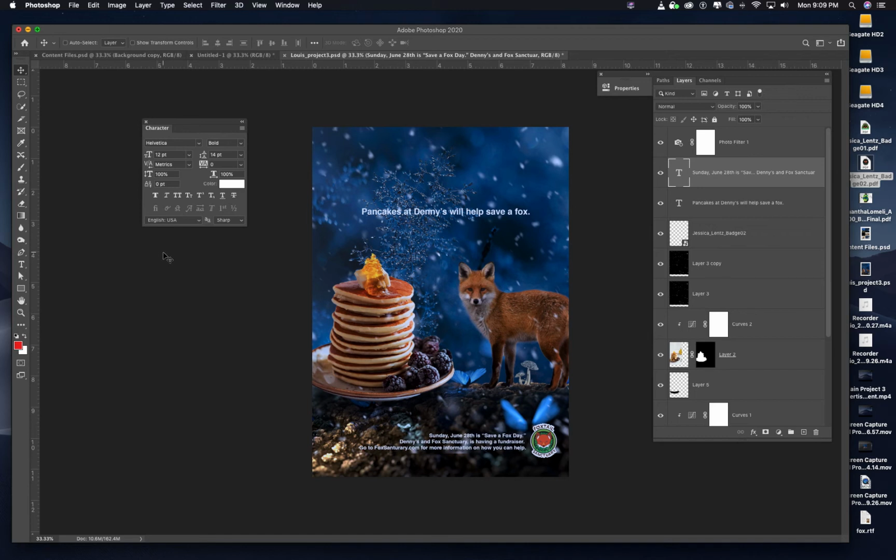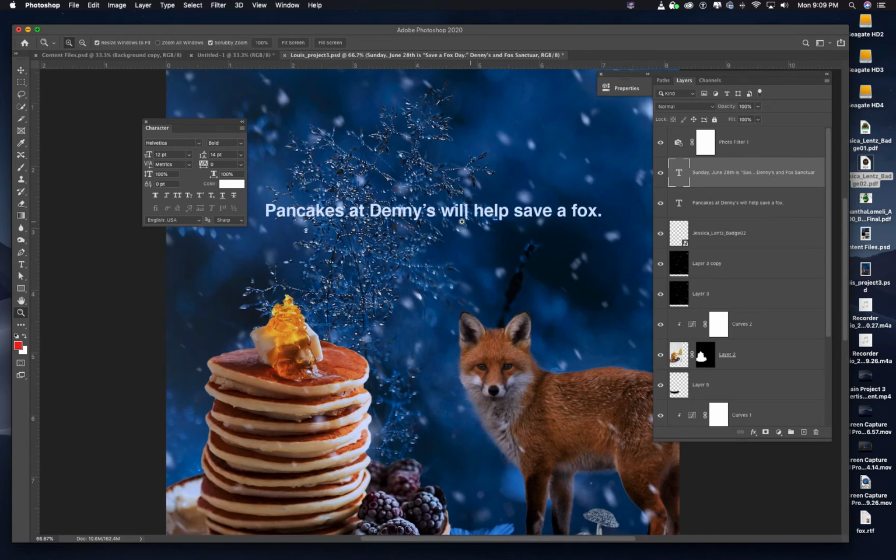Now, what you could do here is, if the text in your ad is not really popping, you can also apply a little drop shadow to this. You want to make sure when you do the drop shadow that you don't use the default, that you adjust it and make it really, really subtle and also blur it out. So let's try it out. So in the